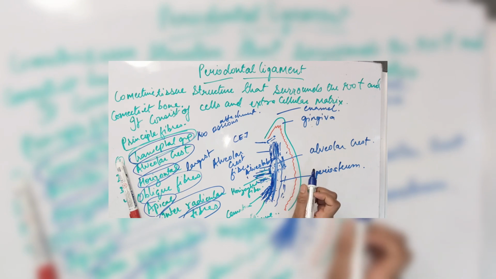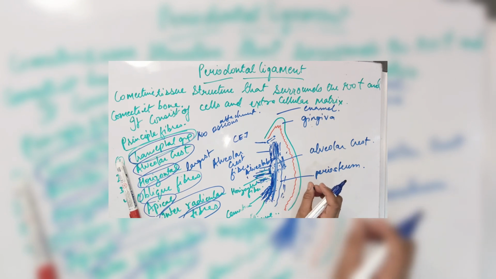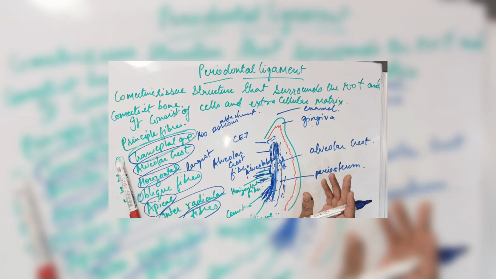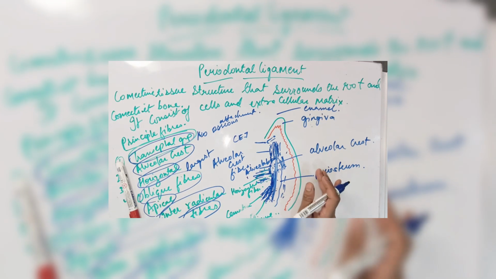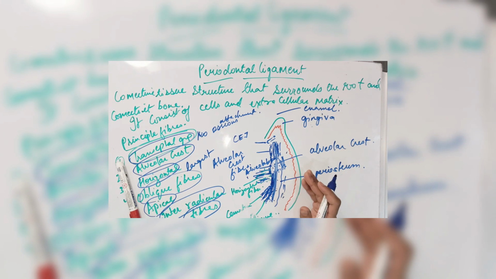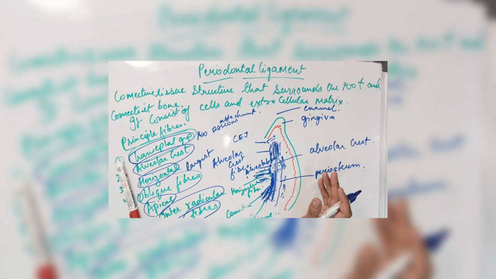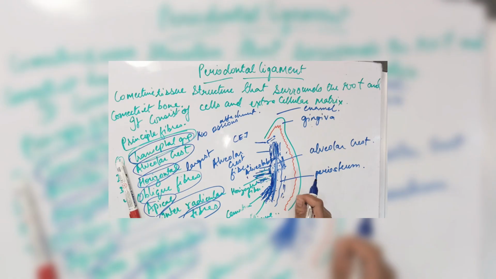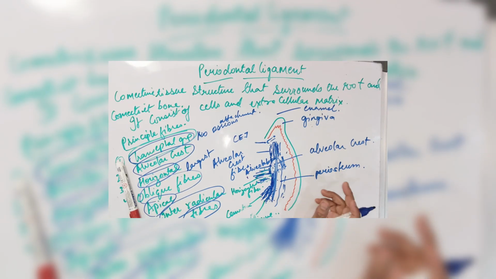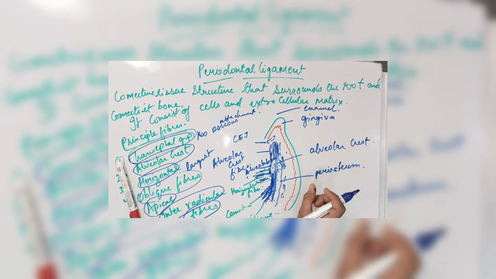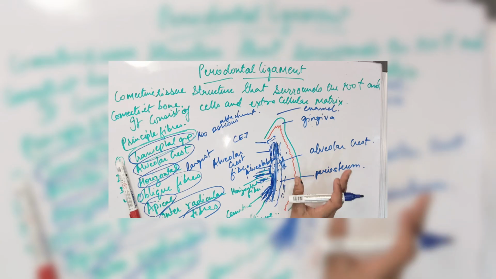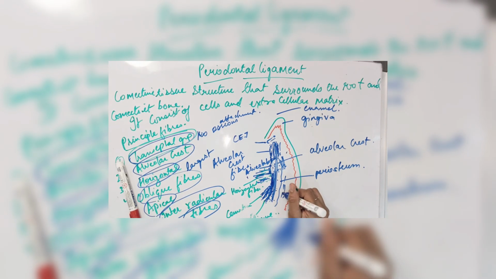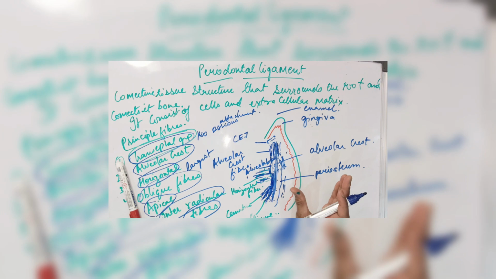So, if we see the functions of periodontal ligament, they may come under physical function, formative function, remodeling function, nutritive, sensory. So any trauma to the PDL can result in loss of the alveolar bone, widening of the ligament,